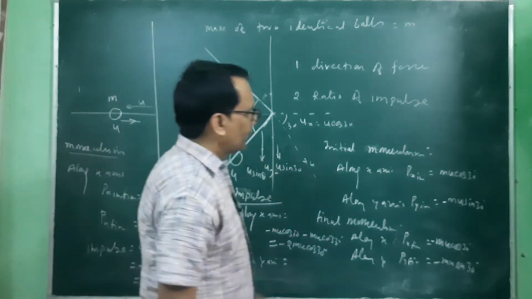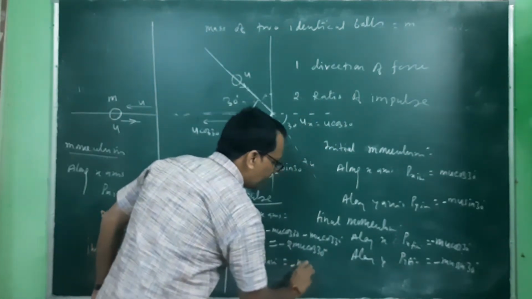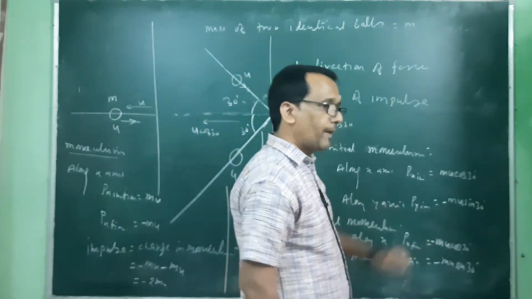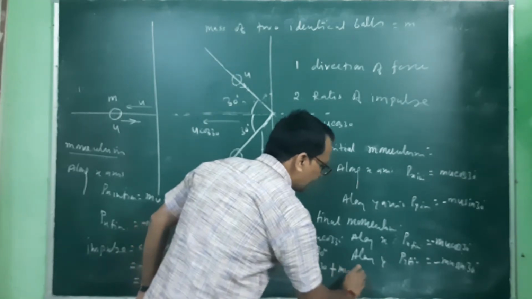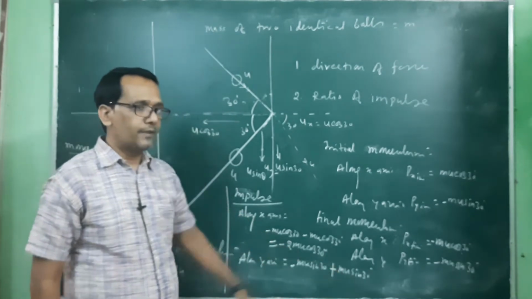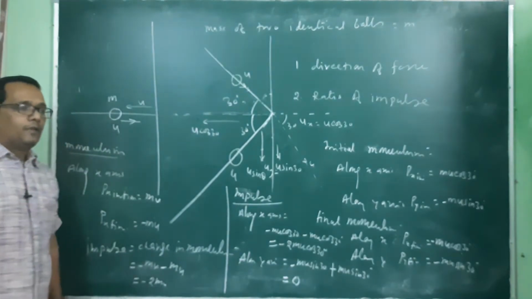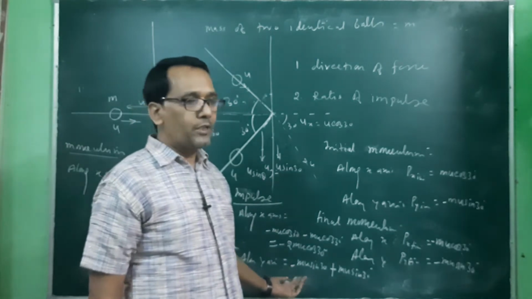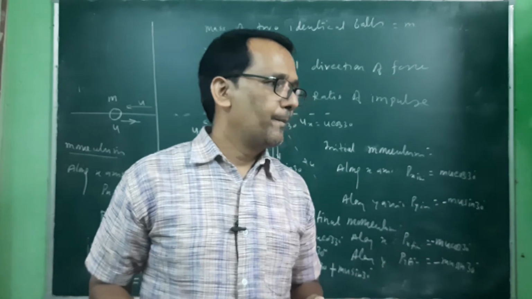this is equal to, the final is minus mu sin 30. So this is minus mu sin 30 minus, again this has a minus sign, so it becomes plus. So this is minus mu sin 30 plus mu sin 30, simple algebra. So this is equal to 0. Clear? So along the y-axis there is no change in momentum, the change in momentum is 0. So there will be no impulse, there will be no force.